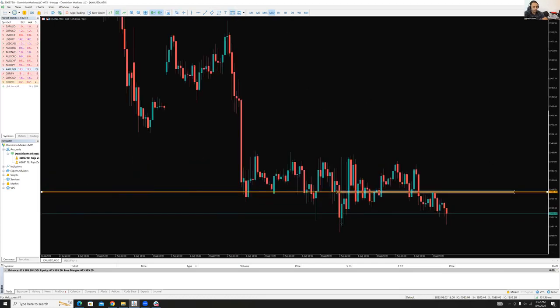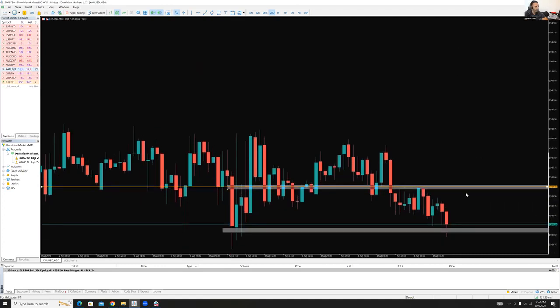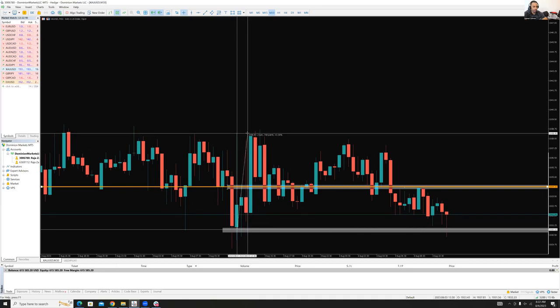Yeah, and also at the same time, we got a rejection right here. So whenever price is moving down, as you can see right here, so whenever price is moving bearish, you always have to look to the left-hand side, and you got to see that, okay, price was at that level here before. So before, price was at this level, 1930, and we rejected this level, and we moved up around